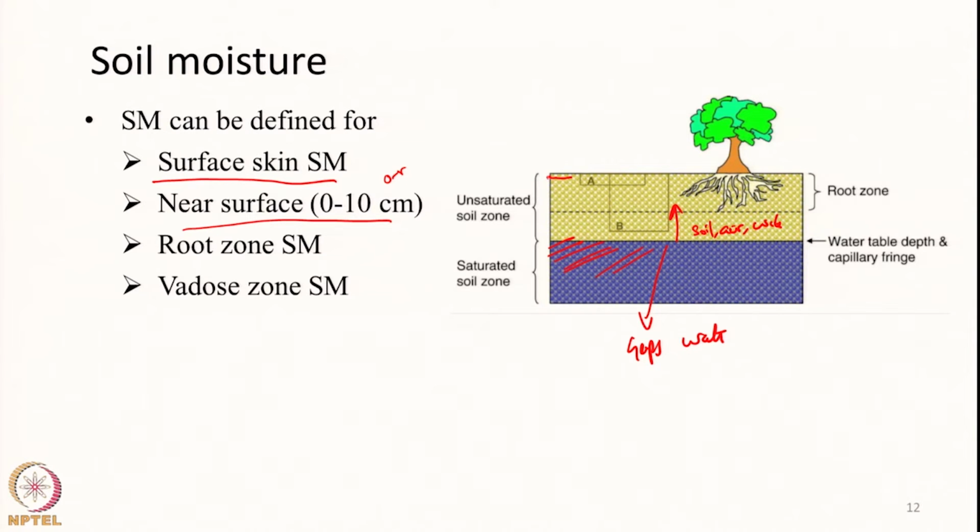So, we can also somehow estimate water available in the soil column all the way up to this saturated zone. So, that is also possible. For different applications people will normally define soil moisture in different senses: surface soil moisture, near surface soil moisture, or root zone, water zone, etc. So, the depth of measurement will vary, and as the depth changes the estimates that we make also change,